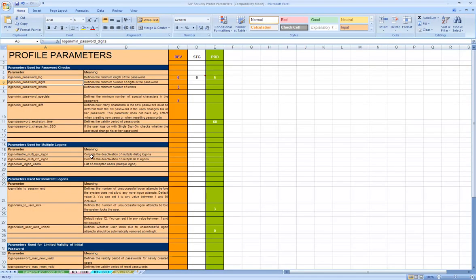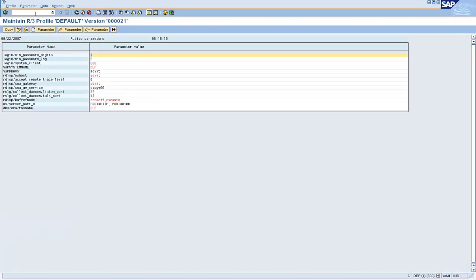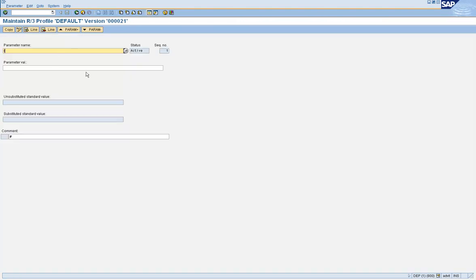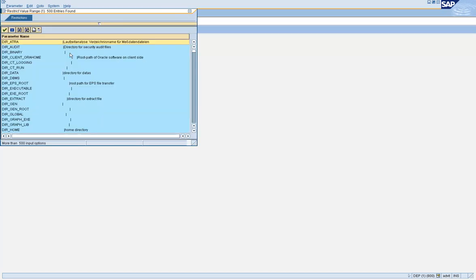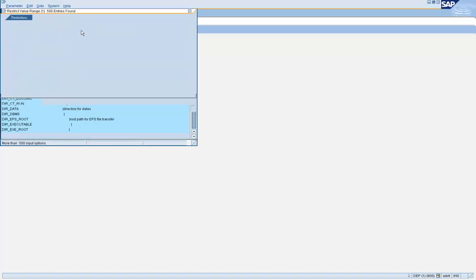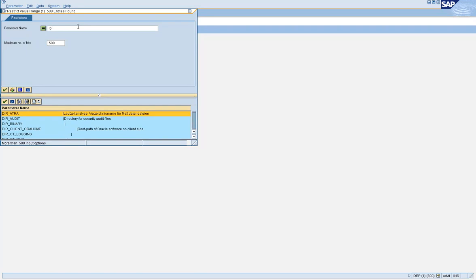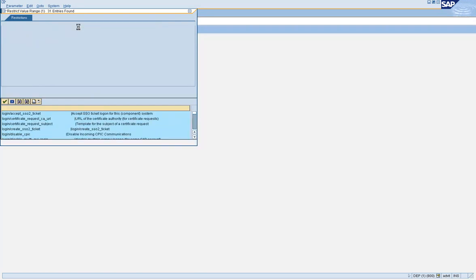Okay, let's take a look at fails to user lock. What this will do is, after 3 or 4 invalid attempts, the user ID will automatically get locked. Let's create the parameter for that. Create parameter, say login star F4. It's not going to show up anything, so let's search for the word login.